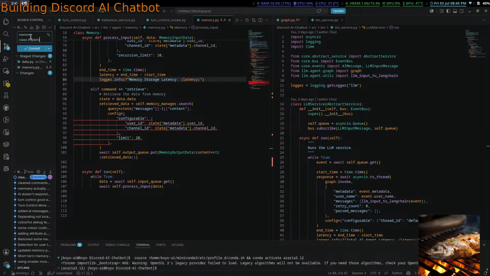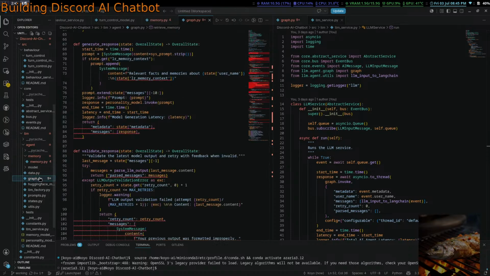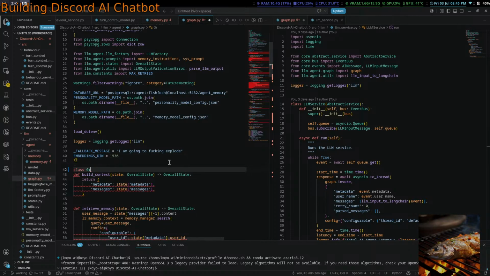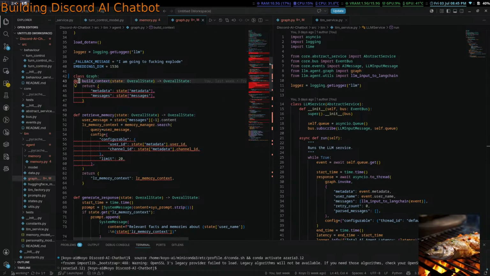Memory class implementation. Graph.py. Okay, so instead we're just gonna go class graph. Holy frick.